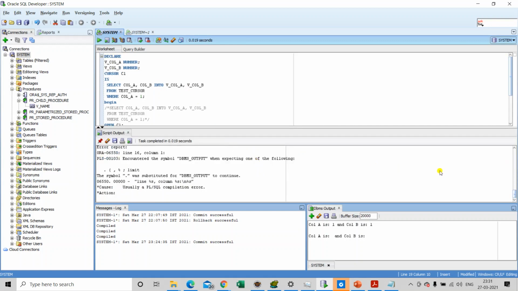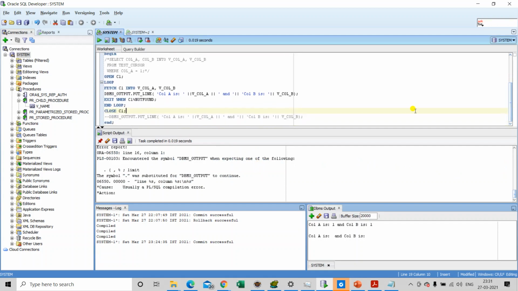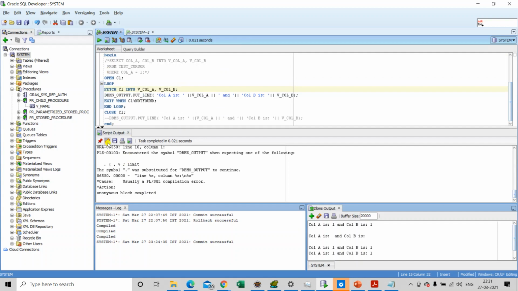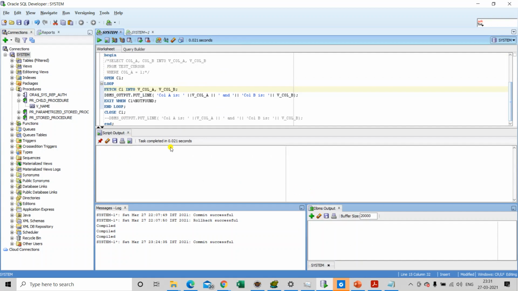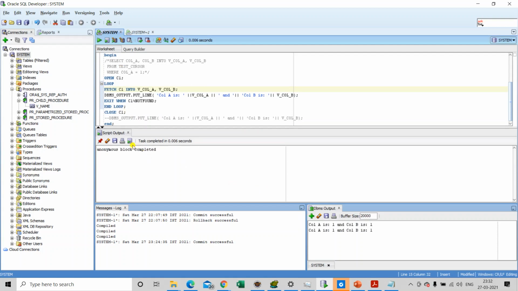It is showing some error. It is showing error because I have not put the semicolon here. The script output is showing anonymous block completed, and on the output screen we are able to see the records.